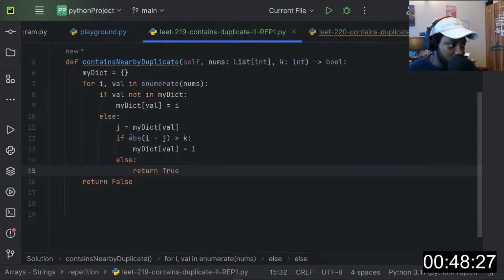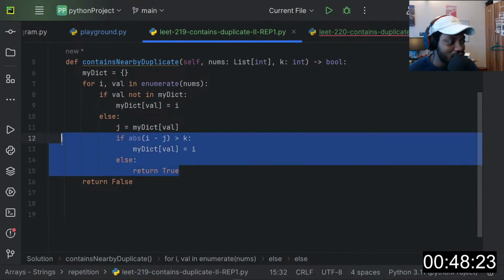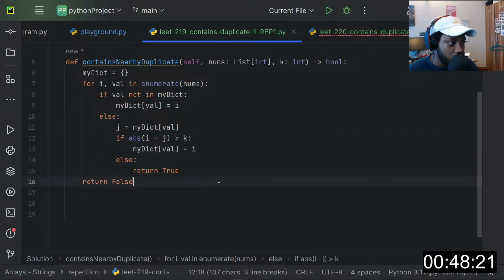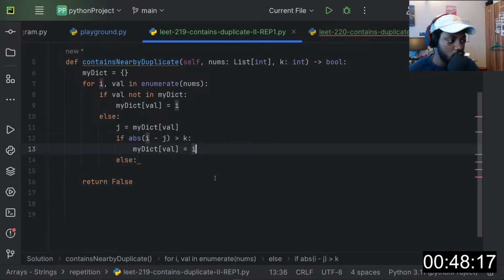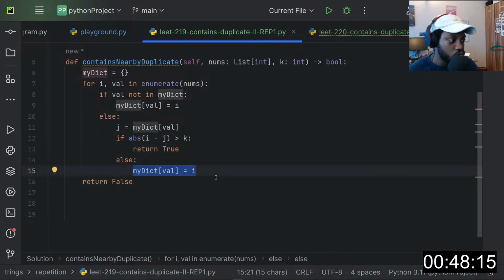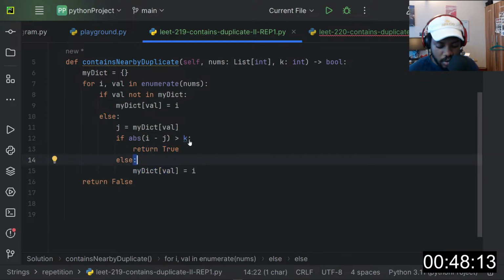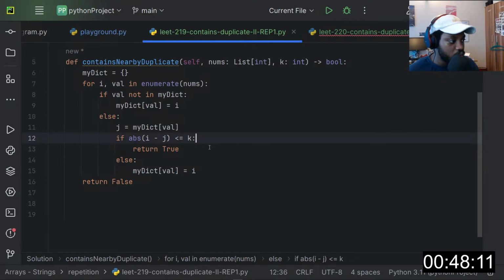This will still work. This is just the same thing as what I did before. It doesn't change anything, but it will be easier for someone to understand this than the other one. So if the difference here is less than k, we return true, otherwise we do this.